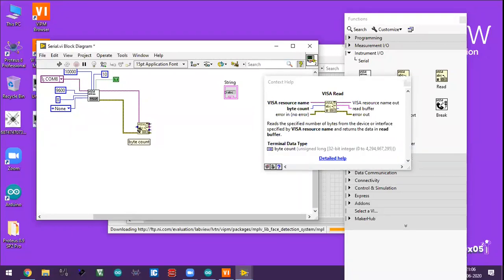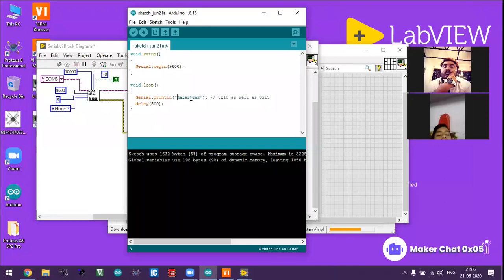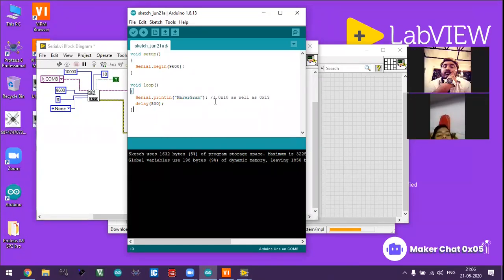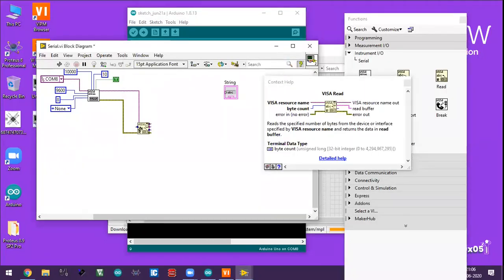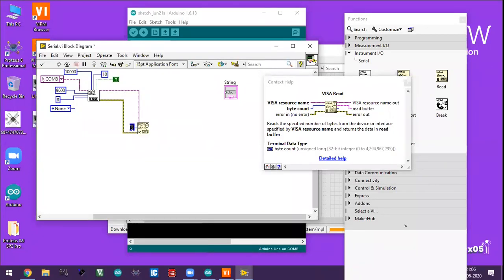So this is the most important thing: the Makergram. "MAKER" is 5 characters, and "GRAM" plus the 5 and 4, total 9 characters, along with the 0 cross 10 as well as 0 cross 30. So you have a total of 11 characters. So you have to set the byte count to a maximum readable value, like creating a constant.